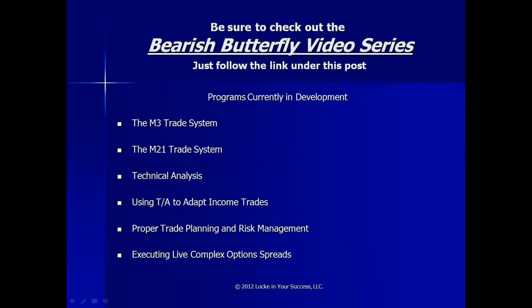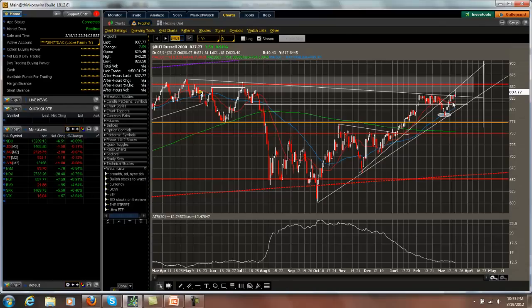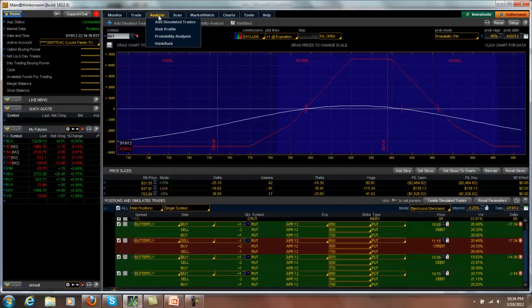As expected, the Russell broke a little bit higher today, as did the rest of the markets. It wasn't a very impressive day for anything except for the Russell, and even that wasn't that big a deal. We came right up here, hit the backside of this trend line, and backed off a little bit. And here we sit. So if we take a look at our positions,